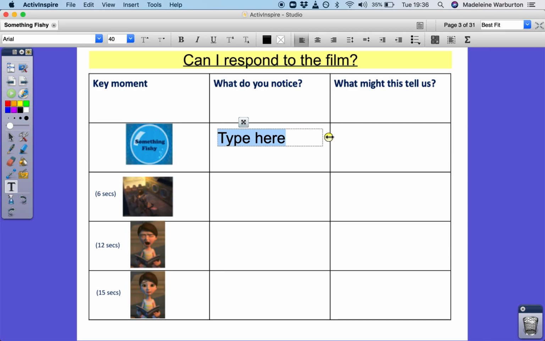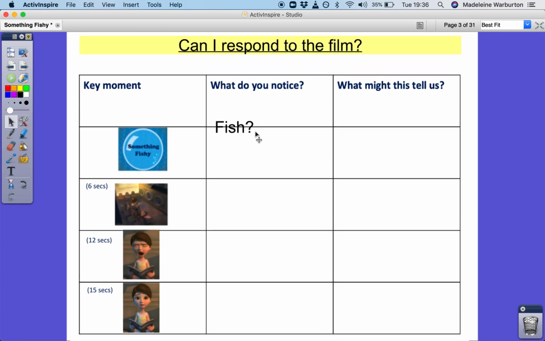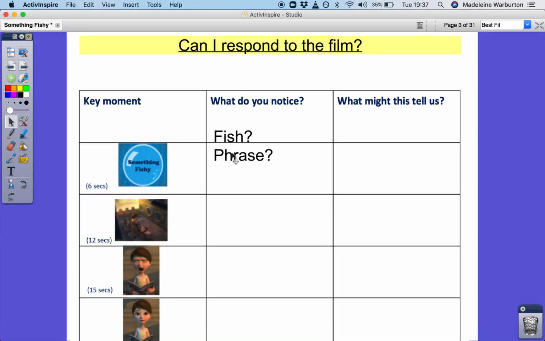Well, it tells us that there might be some fish, maybe. Something fishy is also a phrase, isn't it? It's a phrase that means something is strange. Have you heard somebody say, oh, there's something fishy going on here? So that might tell us,